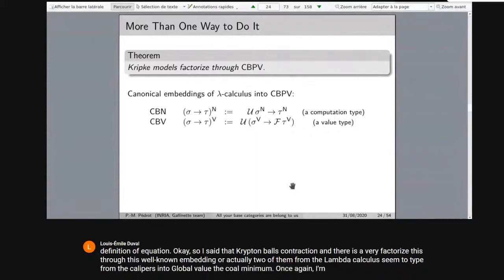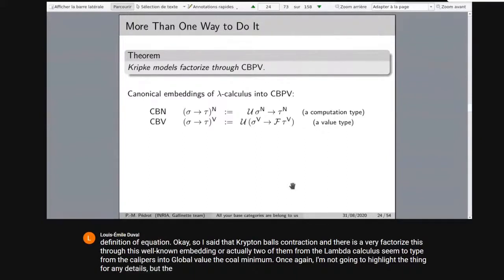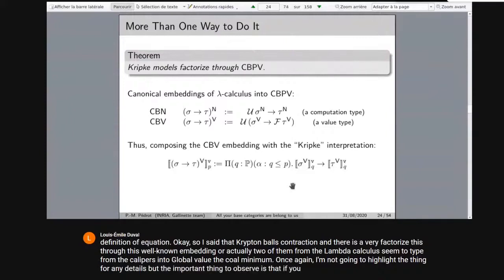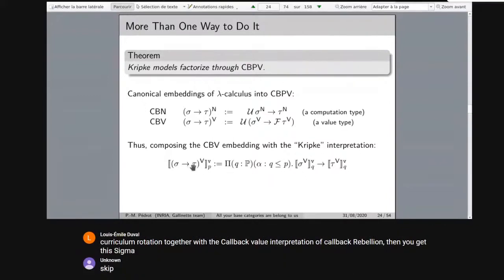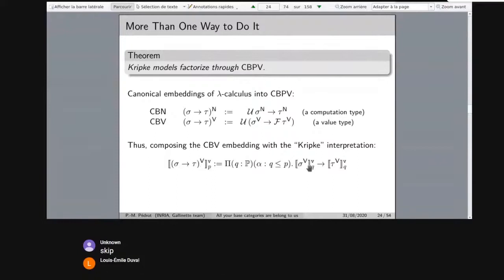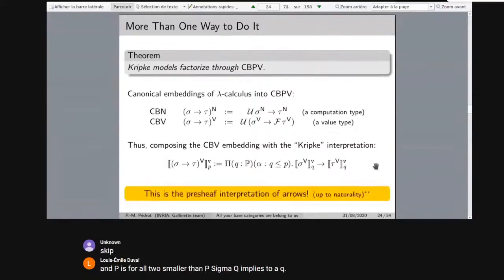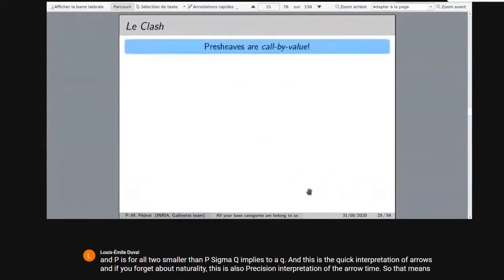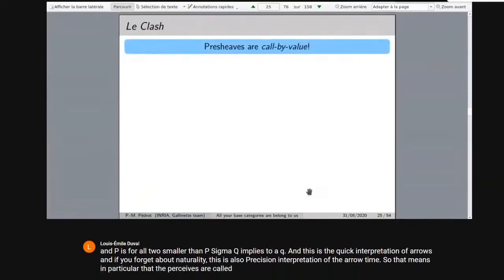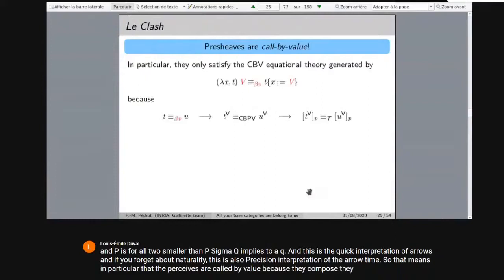Once again, I'm not going to highlight the important details, but the important thing to observe is that if you compose the Kripke interpretation together with the call by value interpretation of call by push-value, then you get this. Sigma rho tau at p is for all q smaller than p, sigma at q implies tau at q. And this is the Kripke interpretation of arrows, and if you forget about naturality, this is also the presheaf interpretation of the arrow type. So that means, in particular, that the presheaves are call by value because they decompose through this call by value